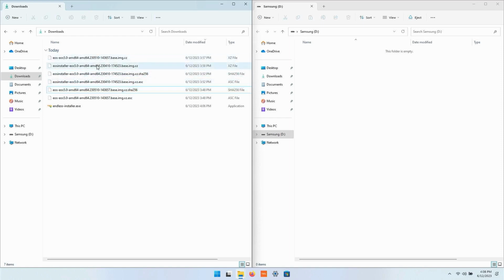But for this demonstration, you need the image.xz for the installer, the image.xz.asc for the installer, and then you need your custom image and its signature. In this case, I did download our base image, which has a .xz extension. Your custom image will likely have a .gz extension, but it's the same idea. It's .image.gz, .image.gz.asc. So once you have all those in your downloads folder and the Endless installer, you're ready to move on.